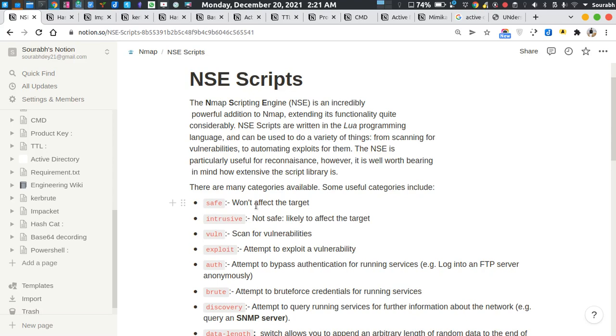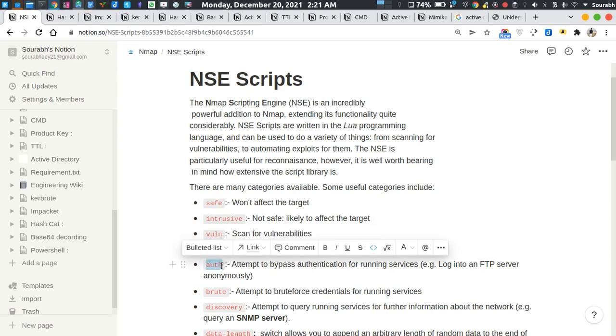For example, let's say Windows Server 2000 is running on a domain controller, and there's a vulnerability called EternalBlue, then these scripts give us the result that the particular Windows Server is affected by that particular exploit. When we know about the vulnerability, we can exploit it by using the exploit scripts.